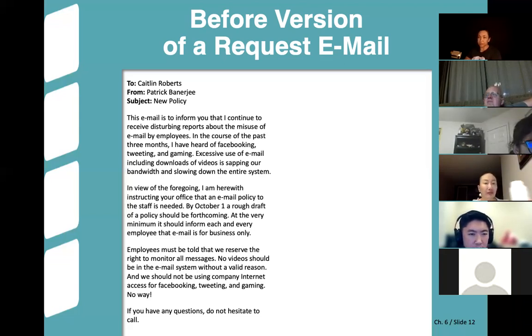Also, people don't like to feel like they're being compelled or forced to do something. But when this guy says "employees must be told," it sounds like you're telling children. Yeah, or it sounds like you're the kindergarten cop or something, right? Yeah, it makes you not want to follow the policy.